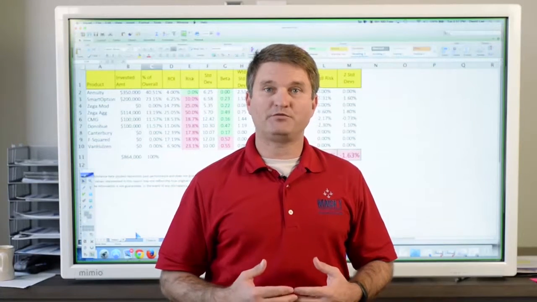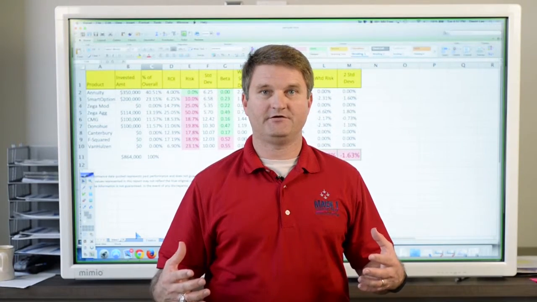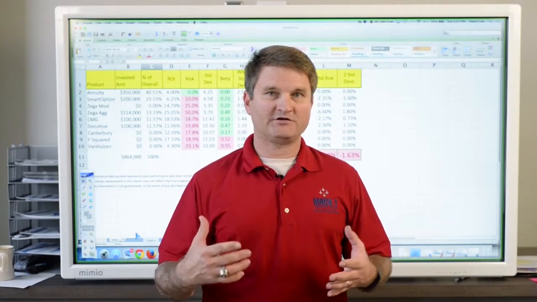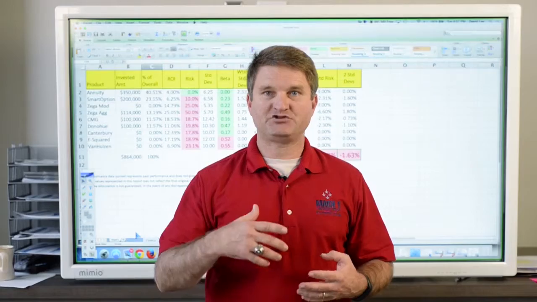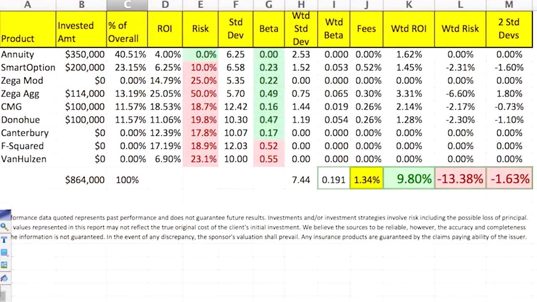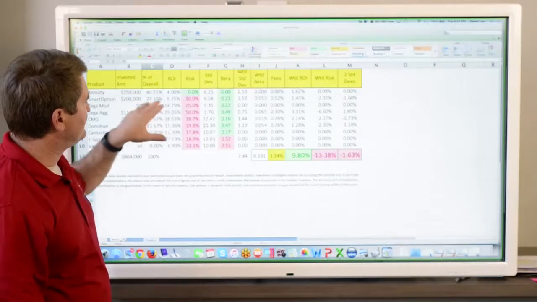Okay, so now how do we put this market neutral strategy together and know what our portfolio return and risk is going to be? So I've walked you through each of the strategies and I've shown you what the return and risk is on each one. Now what I've done is I've created an Excel spreadsheet with the same information. So once we know what percentages in each of these portfolios and we know the return and risk on each one,